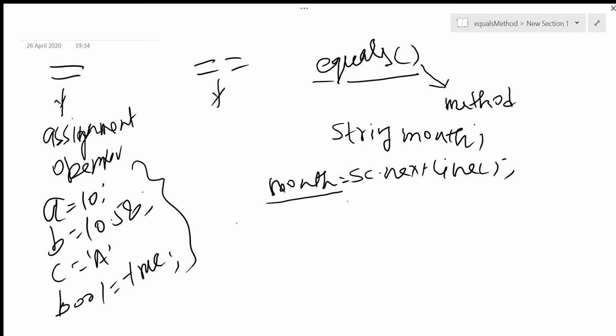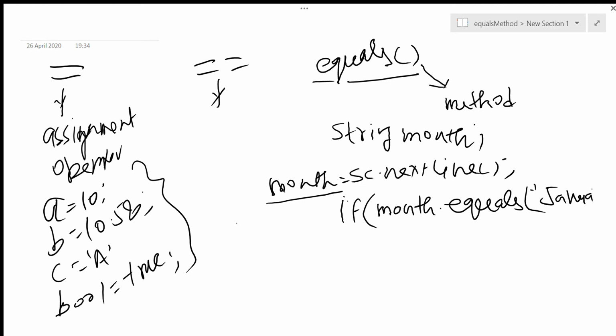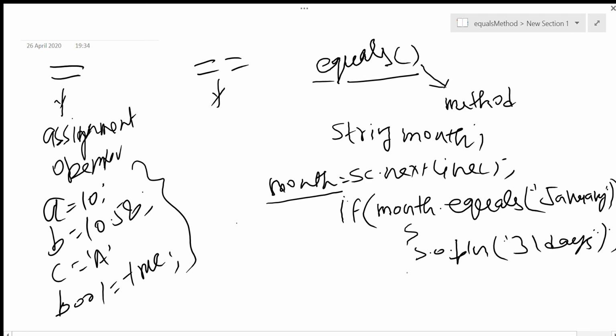So if I have to check, how will I check? If month dot equals January, right? So that's how we check. System.out.println 31 days. So that's how we use it.